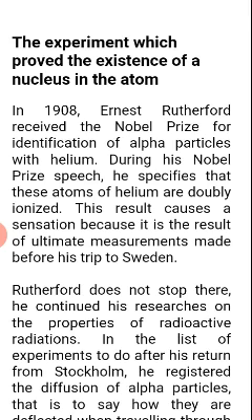In 1908, Ernest Rutherford received the Nobel Prize for the identification of the alpha particle with helium. Alpha particles are equivalent to helium particles. Helium has atomic number 2 and atomic mass 4. So he said that a helium particle equals an alpha particle. An alpha particle is doubly positively charged, and it is a helium nucleus.